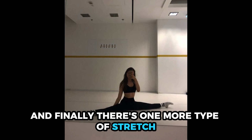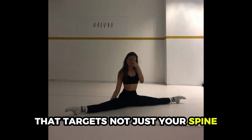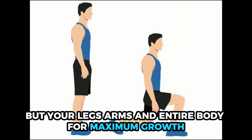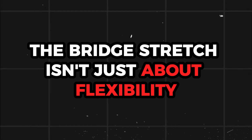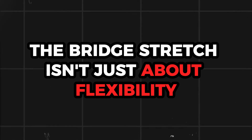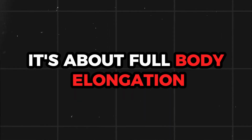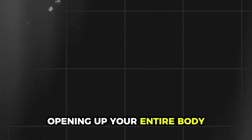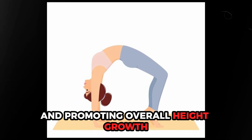And finally, there's one more type of stretch that targets not just your spine, but your legs, arms, and entire body for maximum growth. The bridge stretch isn't just about flexibility, it's about full body elongation. This stretch works on your spine, shoulders, and even your legs, opening up your entire body and promoting overall height